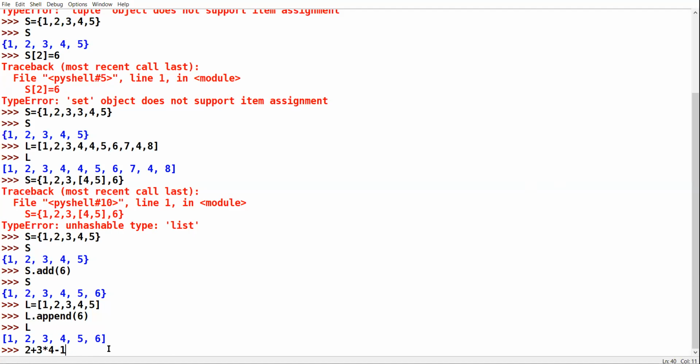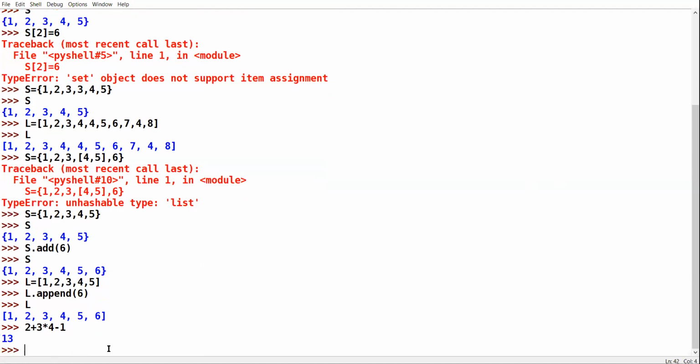What is the answer? Sir, its answer is 19. Answer is 13. See the priority level, beta. You have plus, multiply, minus. So multiply will be evaluated first. 3 into 4, 12. 12 plus 2, 14. 14 minus 1, 13. Am I clear?